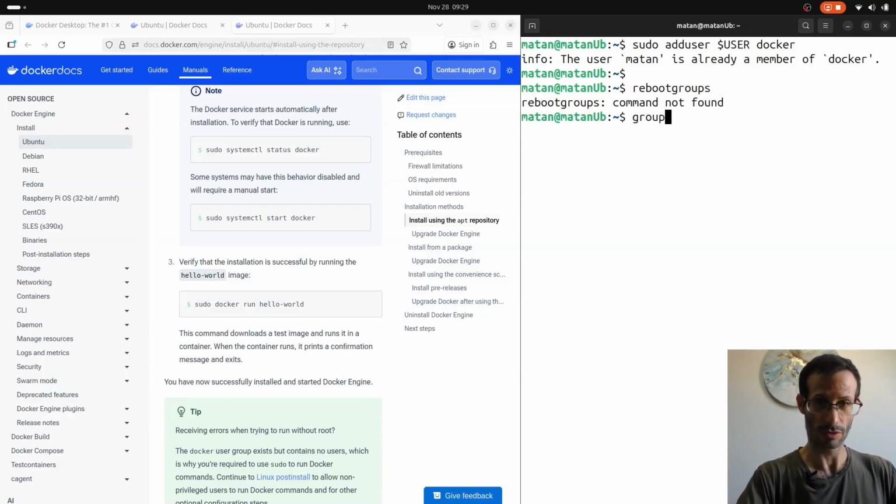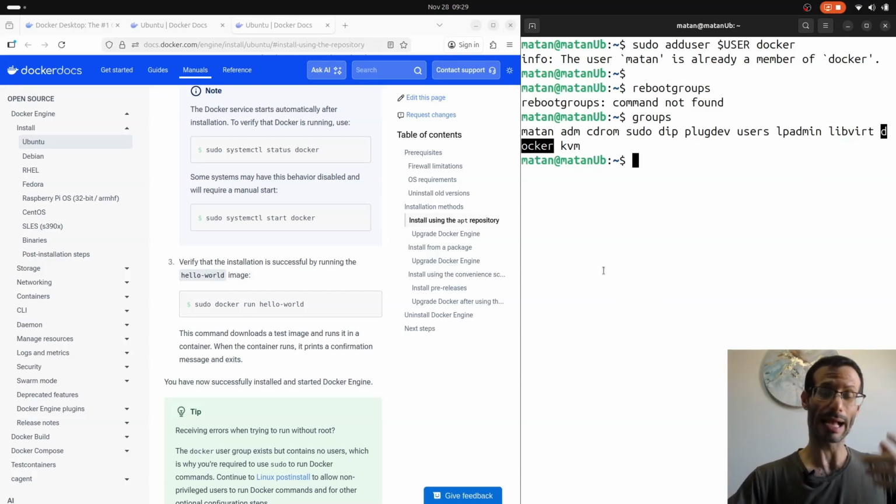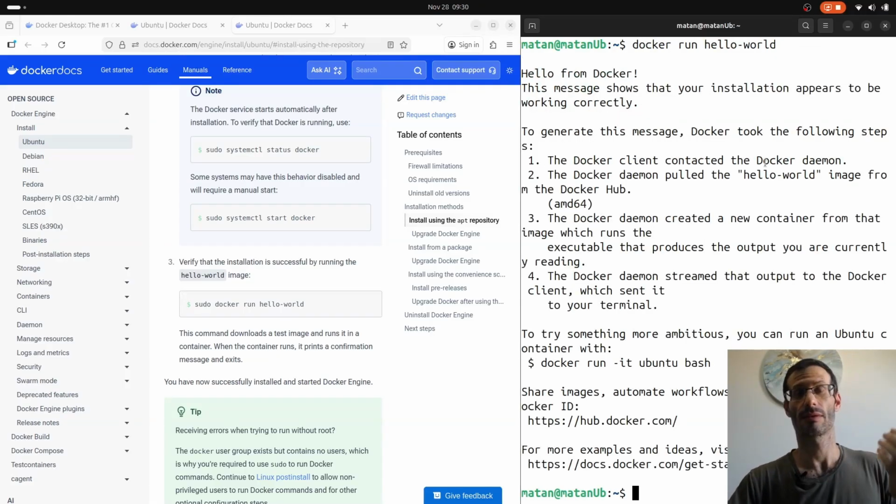So if now we run groups, I can see that my user is a member of several groups, and among them we have the Docker group. So my user belongs to docker, which means that I should be able to run the same thing we did before, docker run hello-world, without sudo. So let's try to remove sudo, and we can see that we get the same response from the hello-world container. So we successfully installed Docker Engine on the computer,